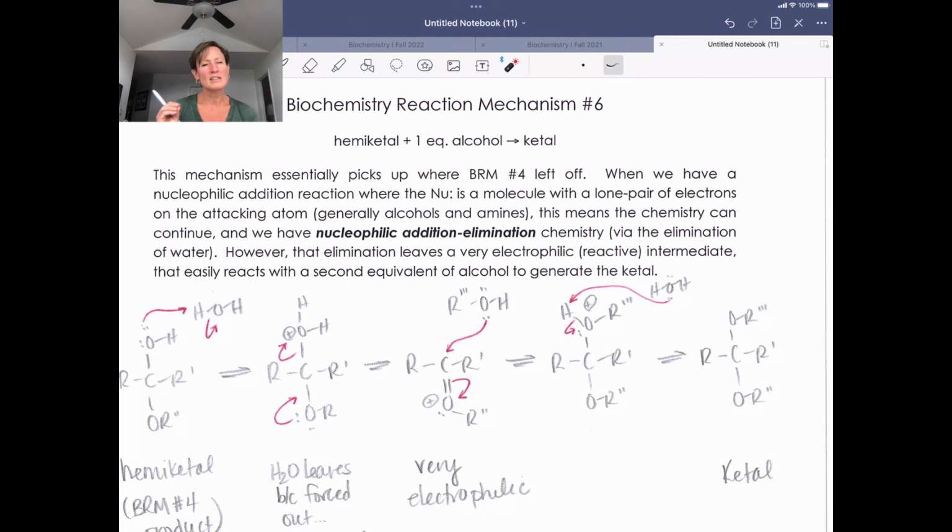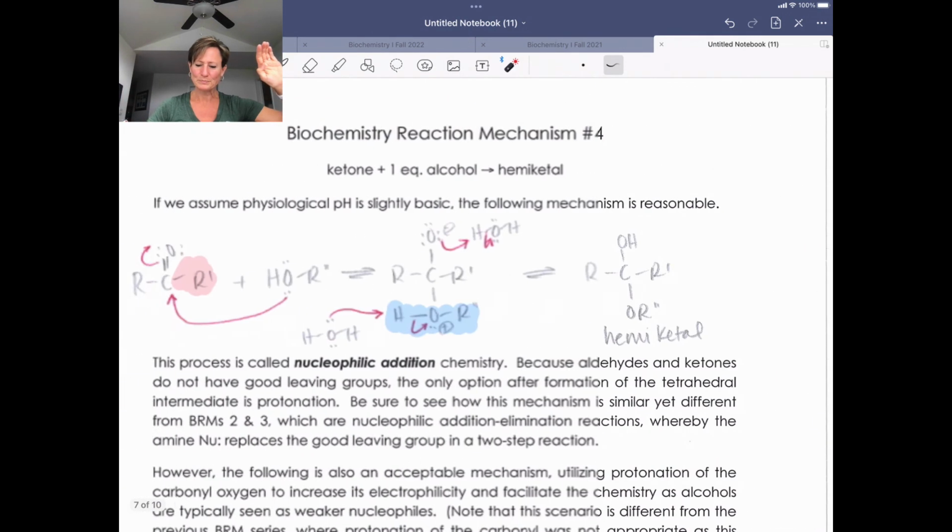Okay, so one of the things that we're going to kind of translate this onto, and just to give you a preview here, is sugars. We're going to get to sugars in a little bit. Sugars have a carbonyl containing functional group on the end of a sugar, and then a whole bunch of alcohol groups throughout the sugar, and then there's one on the end. That alcohol group and that carbonyl containing functional group are what we use to form a hemiacetal or a hemiketal